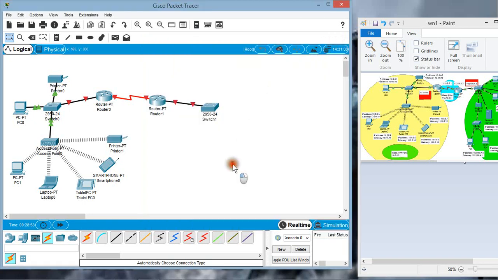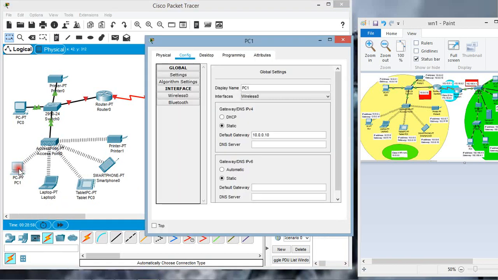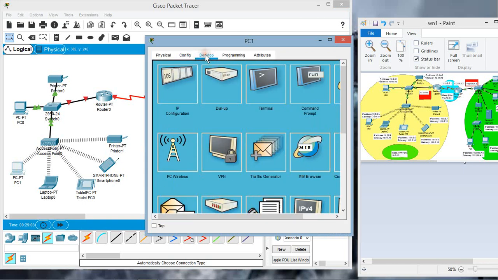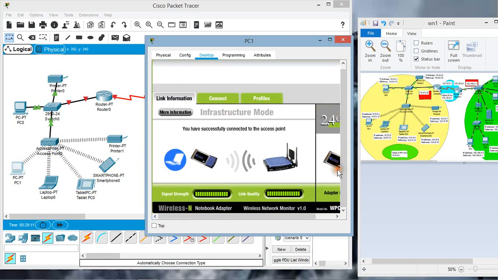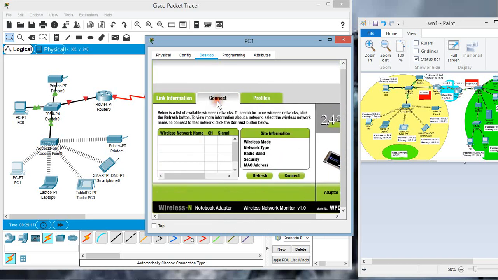Now one configuration is required on this PC1 wired PC. We'll click on PC1 and select its desktop menu. Here you will find PC Wireless. Click on it and then here you need to click on connect, then click on refresh.